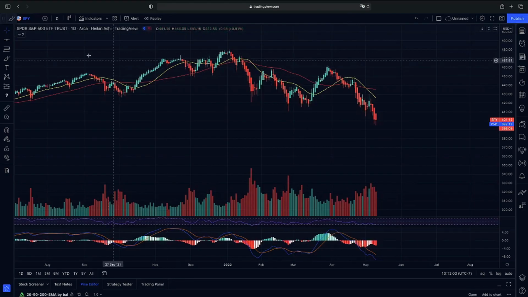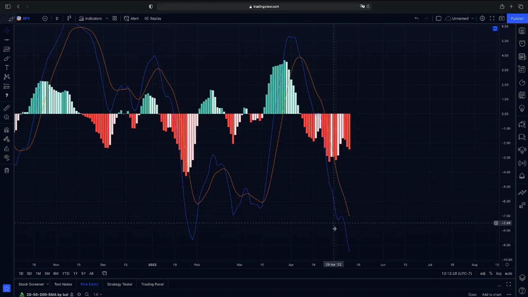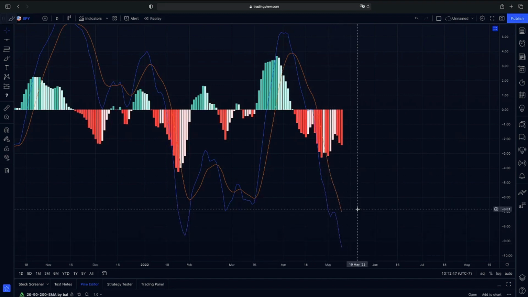So jumping into the daily chart with you guys here on the S&P 500, again, this is the SPY. As you guys can see, we do have our 200 moving average that has been crossing down below our 50. We have been mentioning that does show that we could continue on lower. And as you guys can see on our MACD here, we do have our EMA line still pointing down, 3 days in a row of pointing down here after we did have a small bounce here. So we're looking for these EMA lines to start pointing up so that way we can have a possible bounce here. We do have our EMA lines pointing down below the median of our MACD, so that does still show us that we could continue on lower.